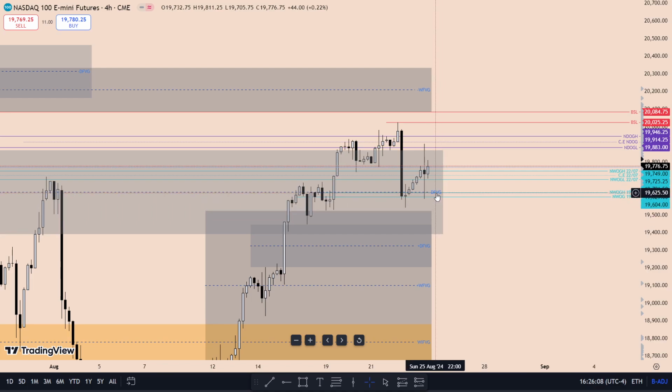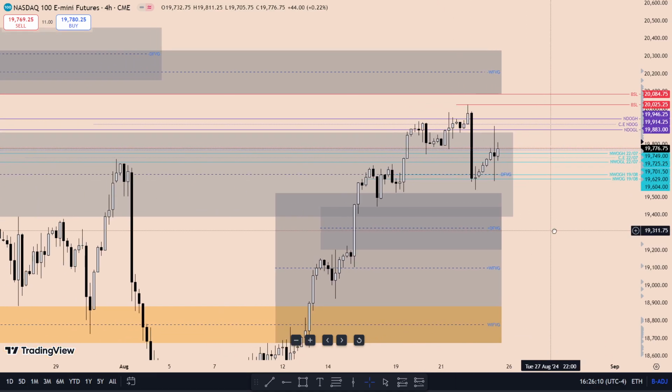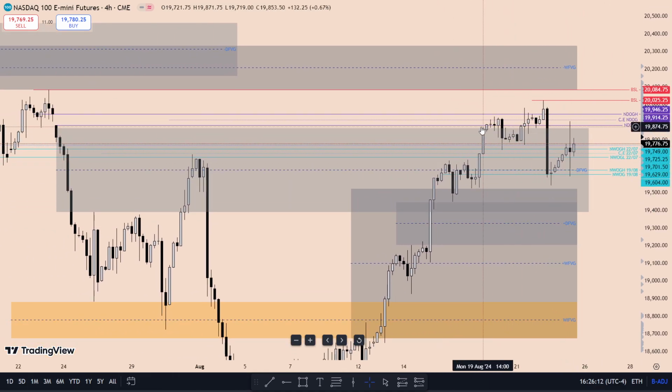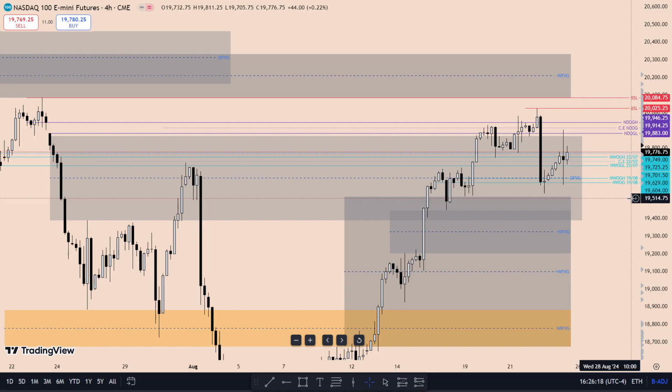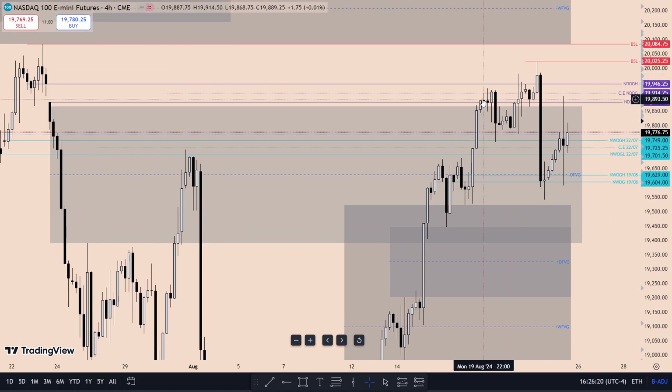Okay, so we're working inside this bearish daily FVG. We closed outside of it on the 4-hour, came back down. So, okay, where have we gone to? So this right here